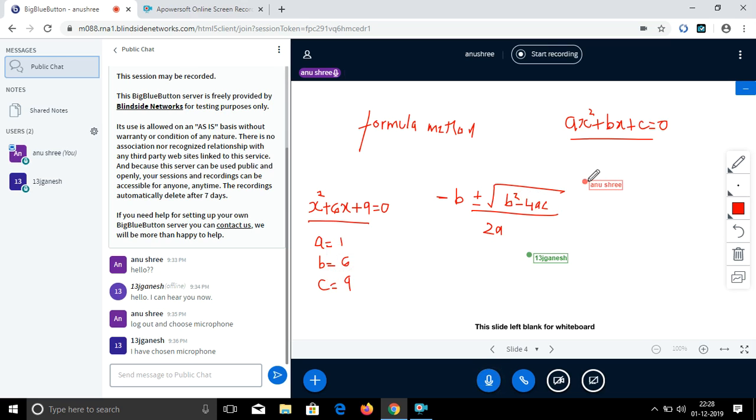So you know that a quadratic equation has two roots. x1 is minus b plus root b squared minus 4ac, over 2a. It's a formula that you have to learn. And for x2,